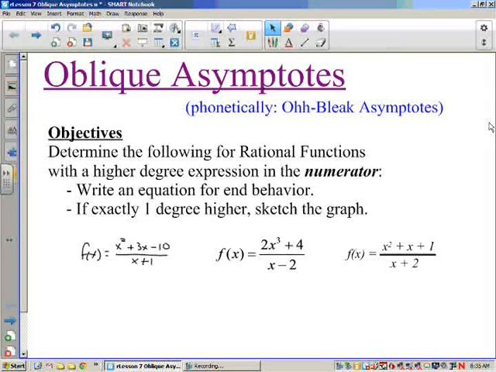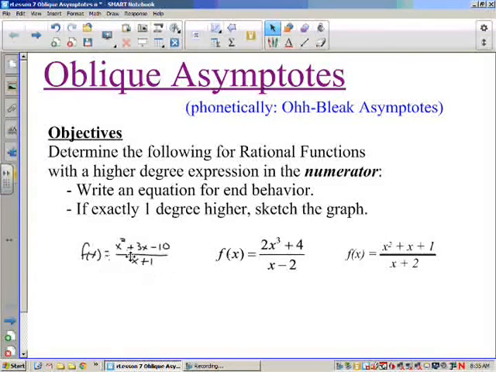Today's lesson deals with a change in the end behavior, something called oblique asymptotes. Our objectives are to determine the following for rational functions with a higher degree expression in the numerator. We want to write an equation for the end behavior, and then if exactly 1 degree higher, we want to